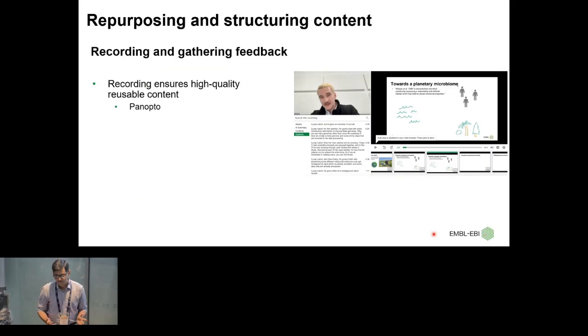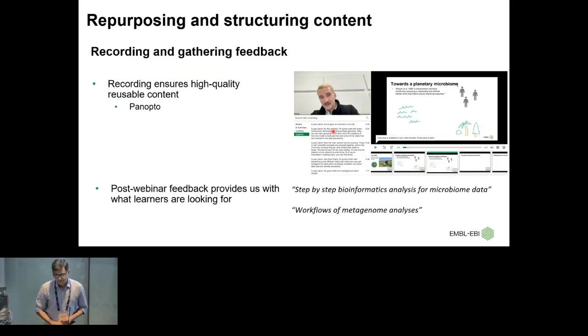We use Panopto as our platform to host. I mean, I'm not advertising Panopto here. You can use any tool that's accessible to you. It's just this tool that we use. It's a very user-friendly tool where you can show the slides on one pane, and then the speaker who is talking. We also get the transcript there, so people can read it. If they want to translate it, they can translate it.